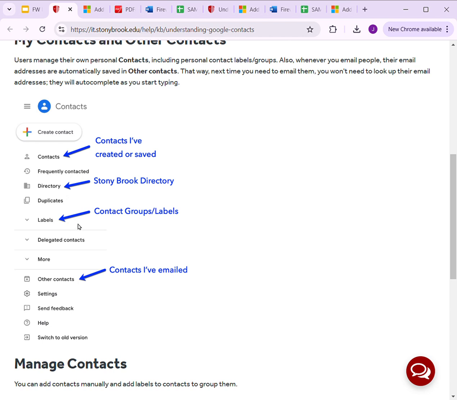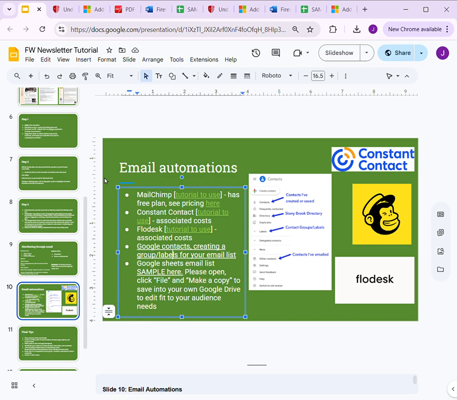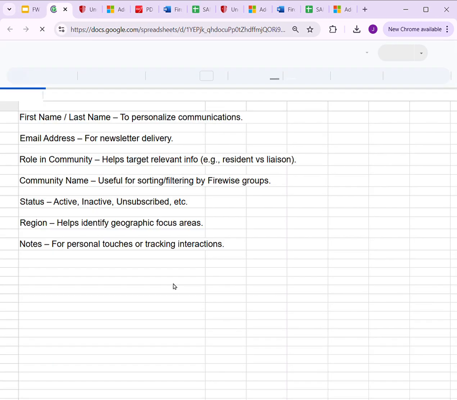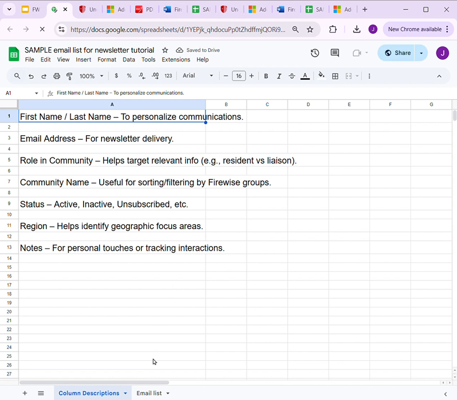So then when you go into your Gmail to email folks, you could go to BCC and then add a group. And I've attached a sample email list for helping you keep track of who you have in your community and if they are signed up for the email list.